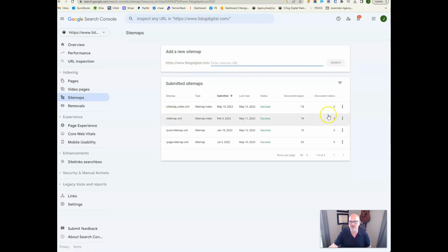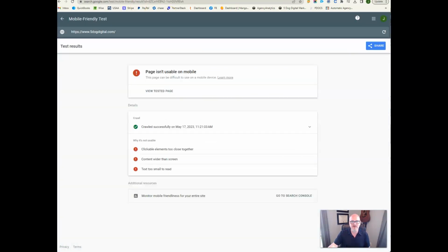So you can see we're always adding new content. So January, February, May, we always keep re-indexing the site almost monthly so that all the new pages will be added and we'll get credited for that, and all the major keywords and search terms that we took all the effort to do,